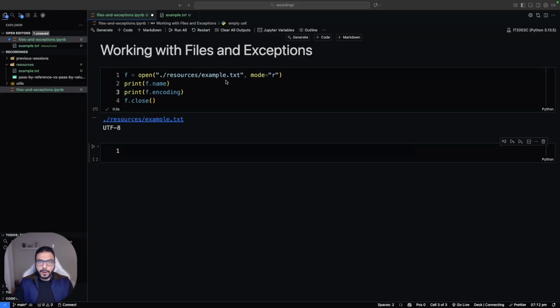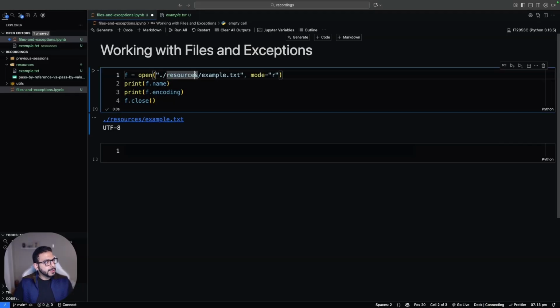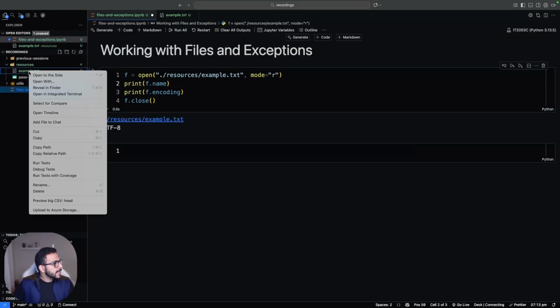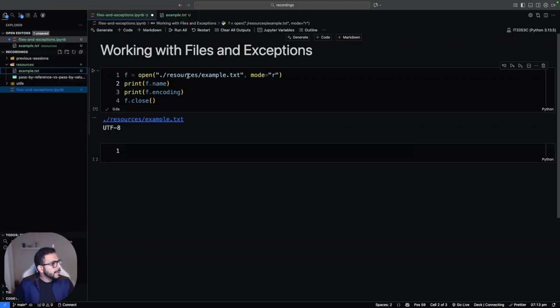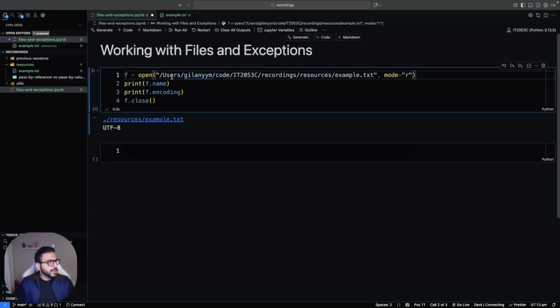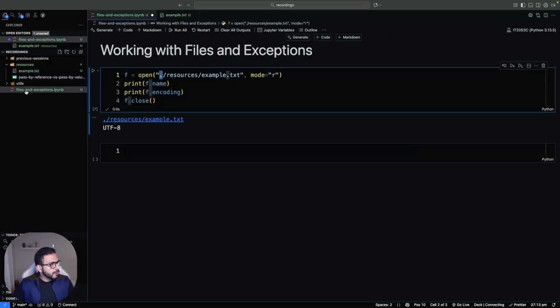Now, we all know that files are always stored in folders, or what we call directories. So whenever you're loading a file, you need to know exactly where that file is, and you can refer to it either by the absolute path or by the relative path, which is relative to where the script is being executed from. In this particular case, I can right click on my file and copy the path. I can provide the full path, which goes all the way to the root of a disk, or I can provide the path relative to where that script is being run, which in this case, I just needed to indicate to start from the current folder, and then navigate into the resource folder